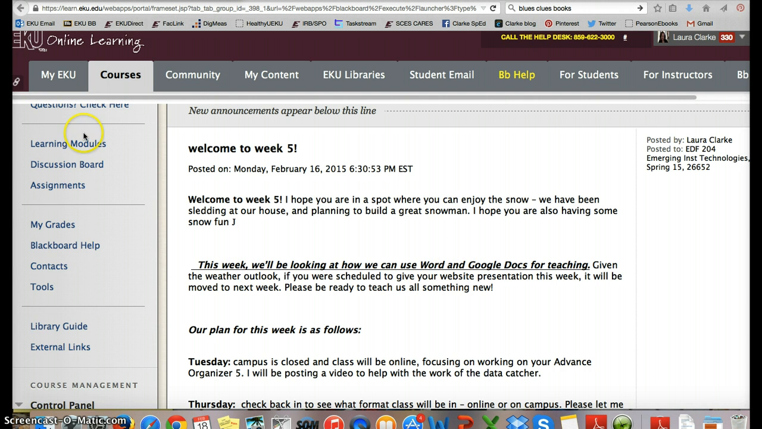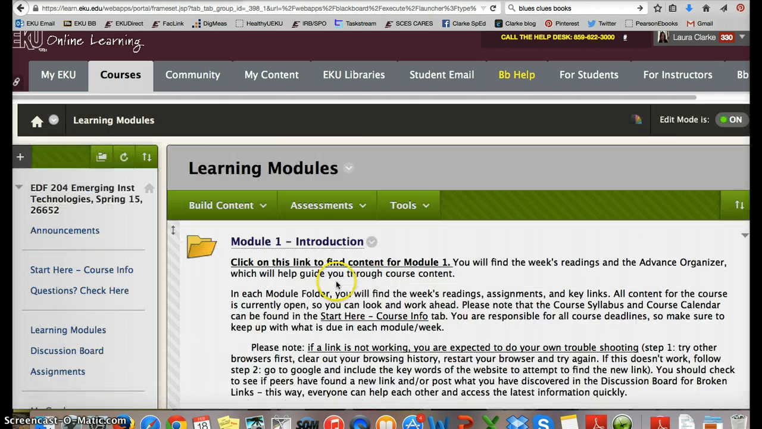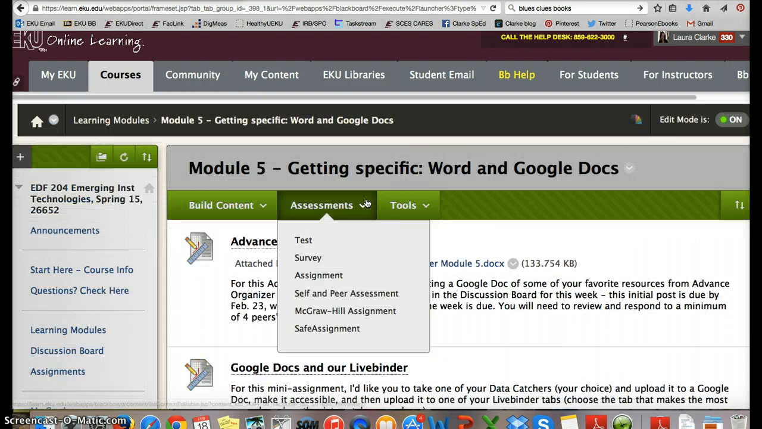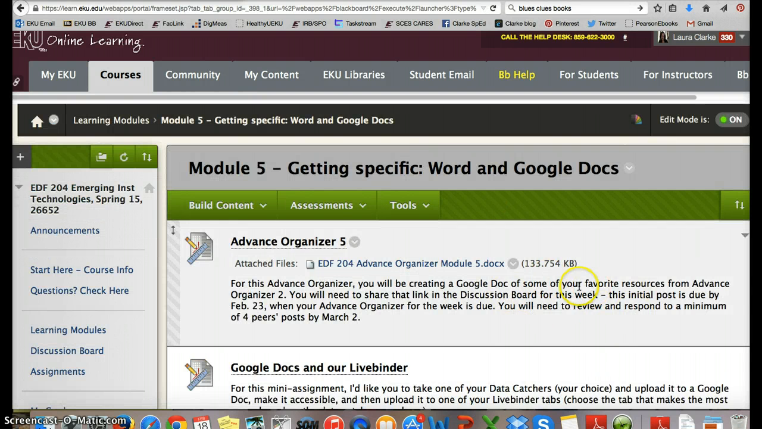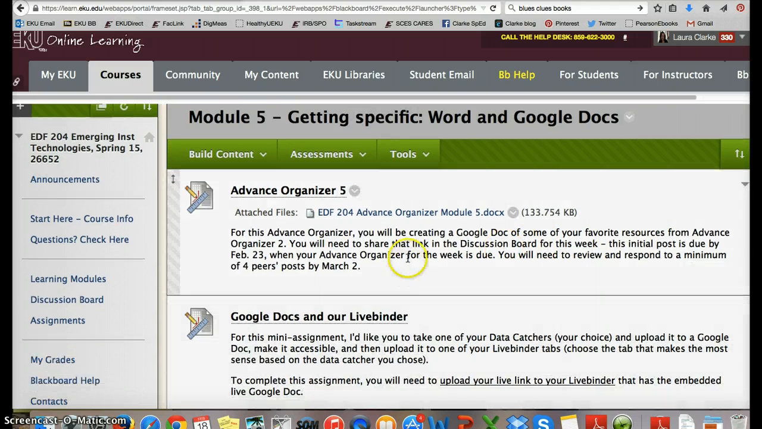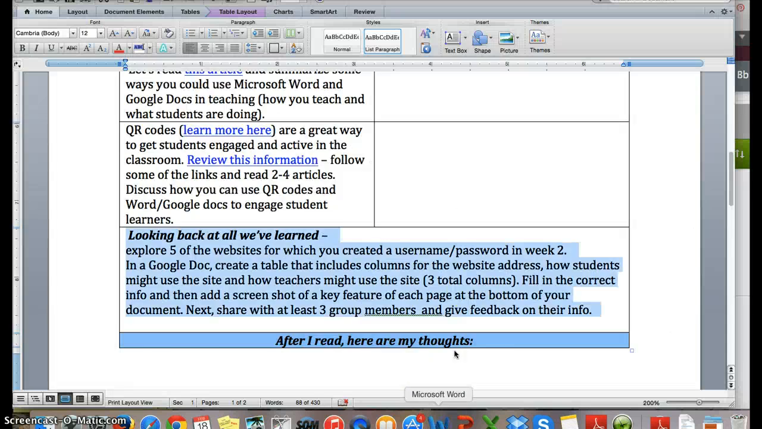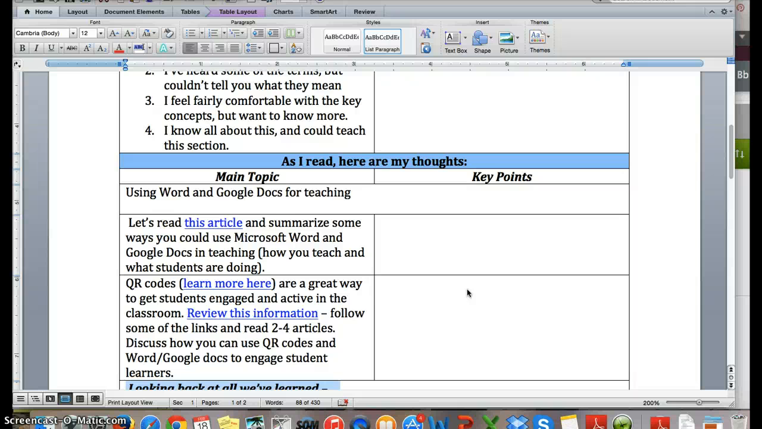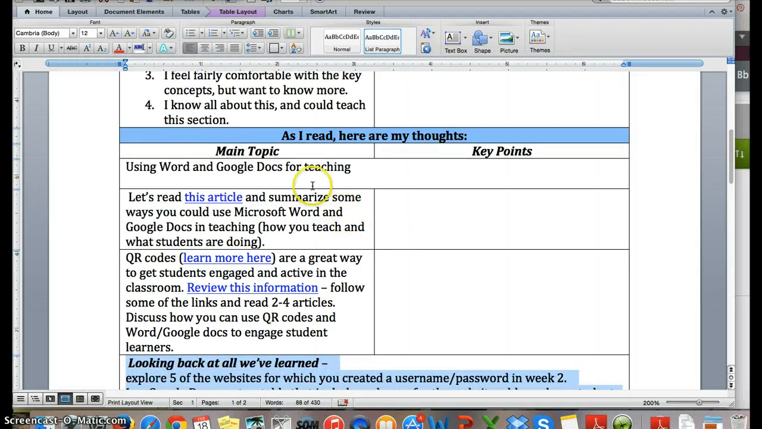So I'm going to start out by going to the learning modules and heading to Module 5. And when you get to Module 5, you'll notice I added an announcement here where the Advanced Organizer is. When you are working on your Advanced Organizer for this week, and I've got mine open right here, this is a little bit shorter looking Advanced Organizer because we've talked about Word and Google Docs several times already in class